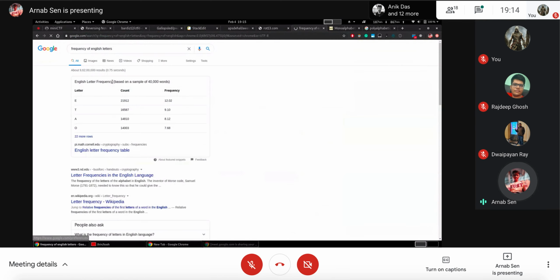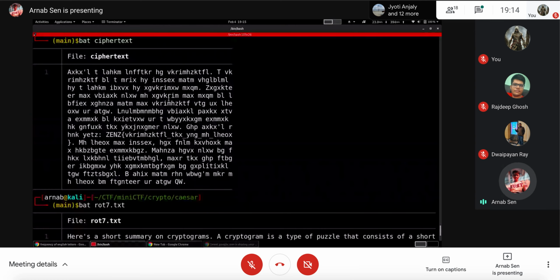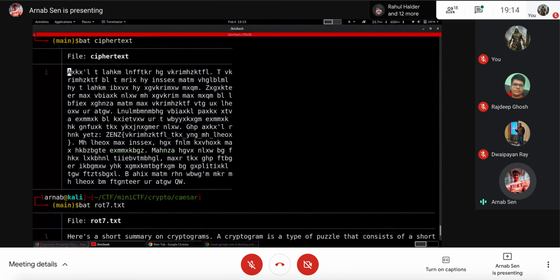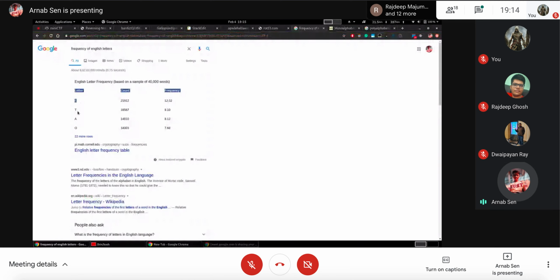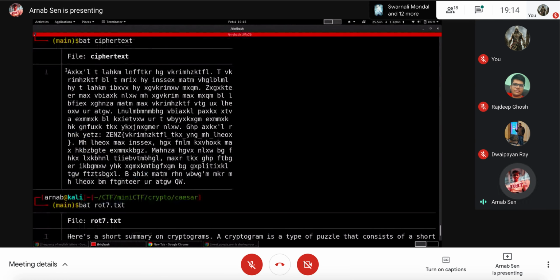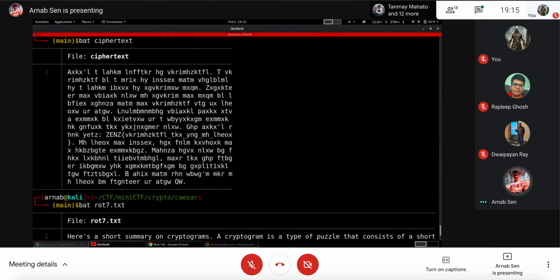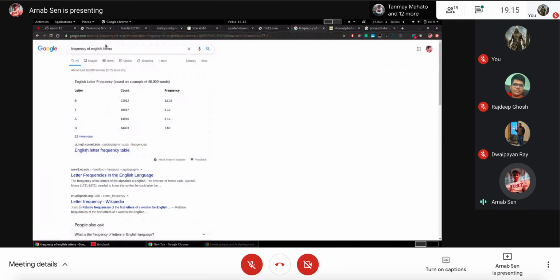It's a standard frequency that the letter E is the most frequent, T is the second most frequent, and in a text like this, you can count the frequency of each letter. Like A has occurred, let's say X number of times. Then you can map and sort it out, and map it with the standard alphabet frequencies. Whatever is the most frequent letter over here has to become an E. But of course, that will only work for monoalphabetic substitution.